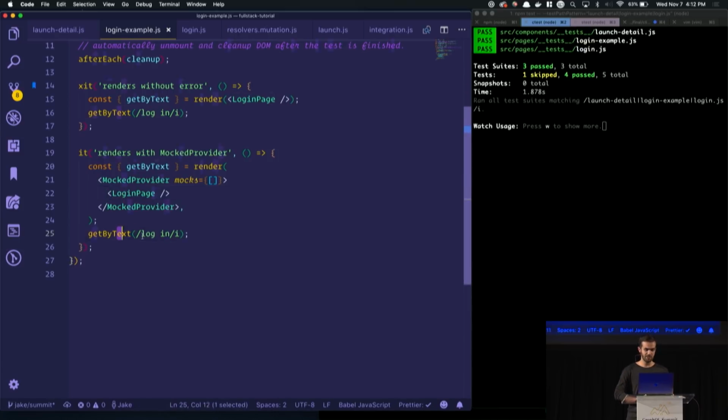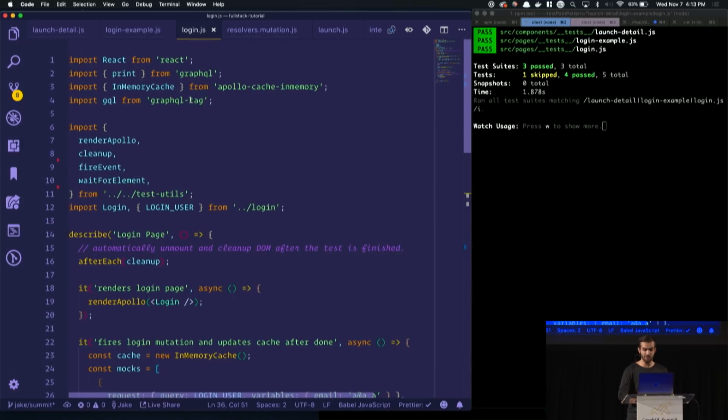And then we can check to make sure the login button actually shows up. So this is great and all, but there's a little bit more, because what happens if you click the button? Does it explode, or does it actually log you in? So let's check that out. We have this much more involved test here, log in, and that mock provider logic that I had just then, where I'm actually taking mock provider and wrapping the component with it, I made a custom renderer in React test renderer, or testing library, and it's called render Apollo.